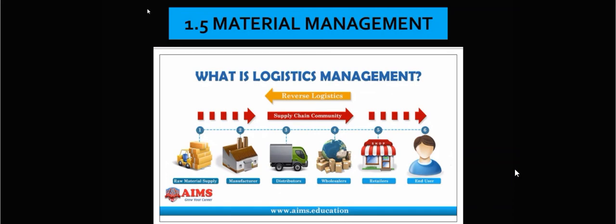You never know. From end user to retailer, maybe the problem is with the retailer, maybe with the wholesaler, maybe with the product at the distributor's level, or maybe something is wrong with the manufacturer, or with the raw material supply. That is why we do reverse logistics, because we want to improve our performance and our efficiency. We want to make sure that the product delivered to the customer is the right product.